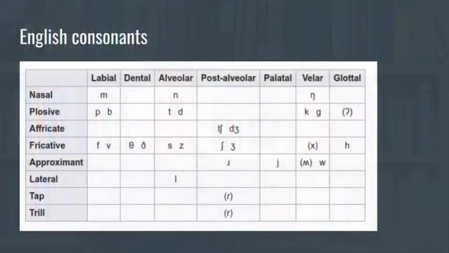The next 2 are a little tricky for a lot of learners of English. They needn't be, although it's understandable because these 2 sounds are not so common in the world's languages. These are the dental fricatives. So for the TH sound, these are the TH sounds. You don't need to stick your tongue out like a lizard, as some of you might have been taught. These are relatively light, soft sounds because it doesn't create a lot of friction. It's basically your tongue tip touching the back of the front teeth and also some of the alveolar ridge, but it's touching the teeth. So these are dental fricatives. So the voiceless one is, and the voiced one is,